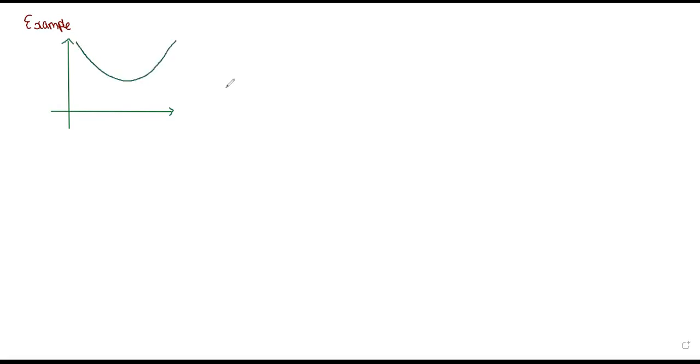So we have a curve of this sort. This is the starting limit and this is the ending limit. This is 0.5 and this is 3.5, and this is y and this is x. Okay, and the question is,